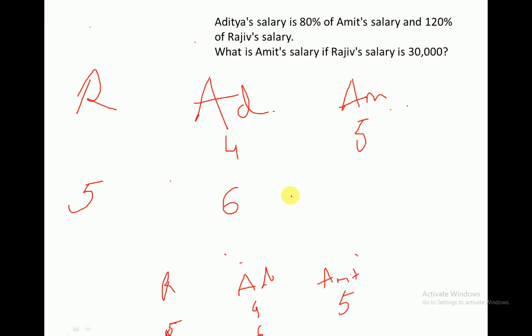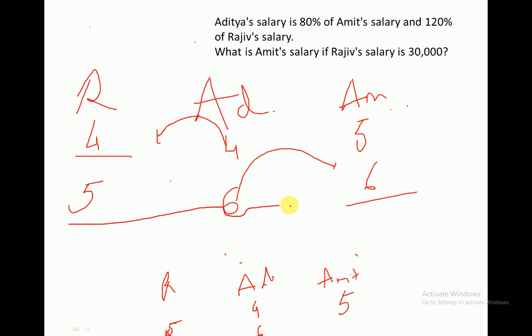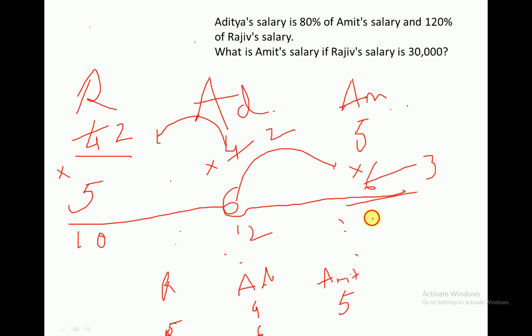So how to fill this one? There is a blank over here and a blank over here also. So what we do is we take the neighboring digit and fill it. 4, and this one is 6. So we get the ratios. We have completed the ratios and we vertically multiply them. Now if there is any common factor between all these three, we can cancel it. 2 is common over here, over here, and over here also. So we cancel 2, and 3 over here. So it's 10 is to 12 is to 15. This is the ratio of their salaries.